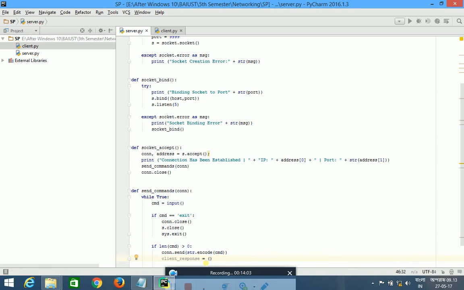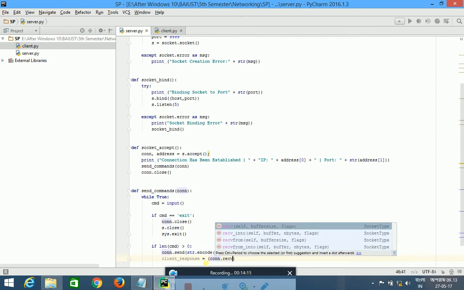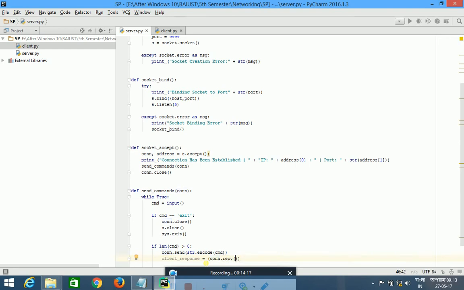We are going to store the client's response in the client_response variable. Dot recv(1024), 1024 is the buffer size of the received information,